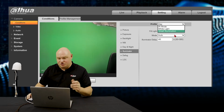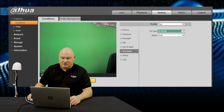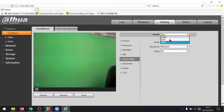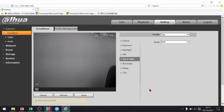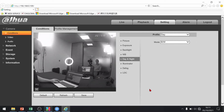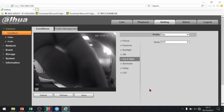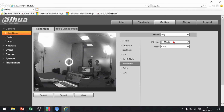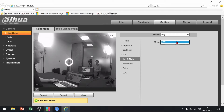Now what I'll do is I'll just show you a couple of things. If I go into IR mode on daytime here, change it from day and night to black and white, I don't know if the camera would ever be able to see anything like that. However, at this current time the infrared light is on, because you can see from my recording here that everything is a grey, monochrome image, okay? If I go back into my Illuminator and turn my white light on, change it back to a full color image,